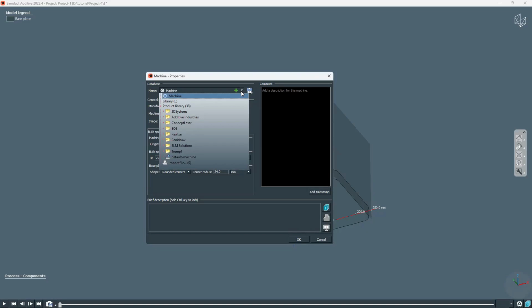For example, if I'm going for EOS, if I drop down EOS, in EOS itself, different machines are there: M100, M280, M290, then M400. Different models are there. So M100 might be a small machine, for building small parts. M400 will be a big machine with 400 by 400 build space dimension. So if I select 400, let's say,